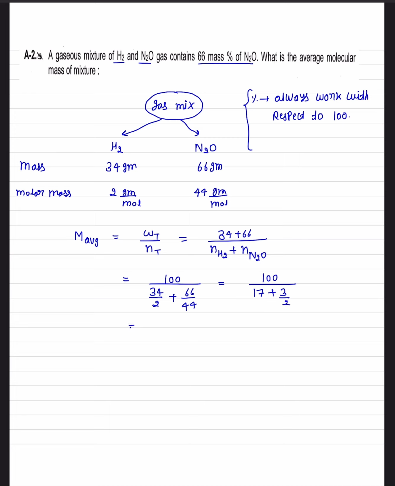You can say around 17 plus 1.5, so 18.5. And I hope now you can solve this 100 divided by 18.5. So in the AG form we can solve this one. Basically when we solve this one, 100 divided by 18.5, we got 5.40 something answer. Okay, so for calculation I am using a calculator, but you will not use the calculator. You will solve by yourself.